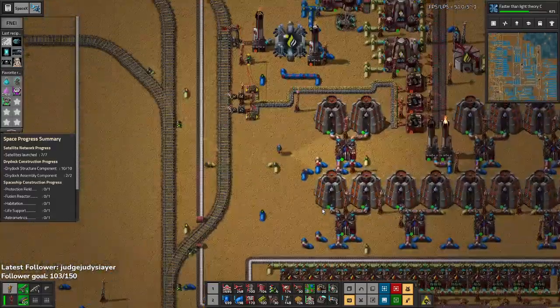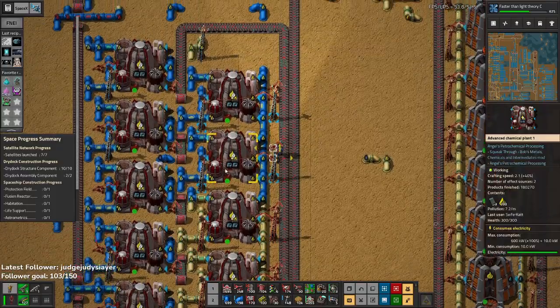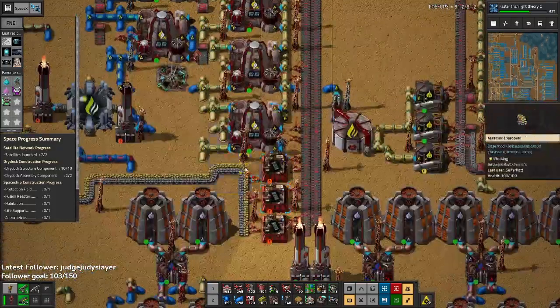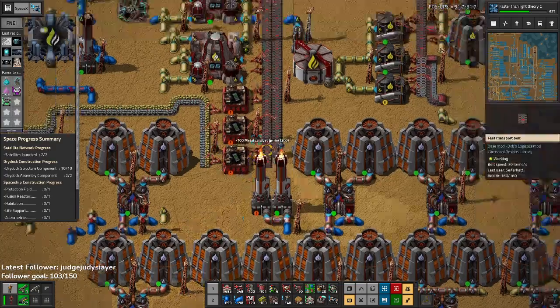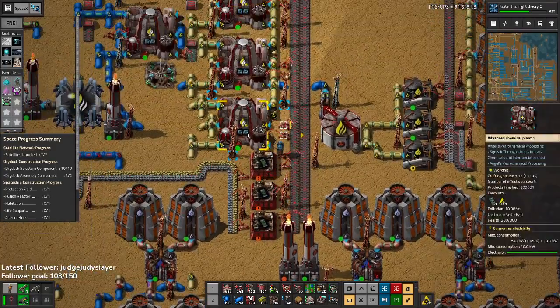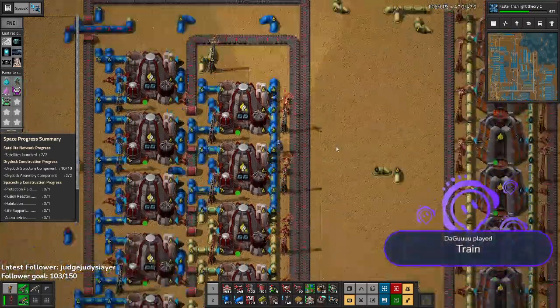I have run past it. And sure enough, catalyst frames are actually reaching everywhere, but you know what? That doesn't matter. More catalyst frames regardless. 100 more catalyst frames can only be good for you. Acid gas is going down, which means...